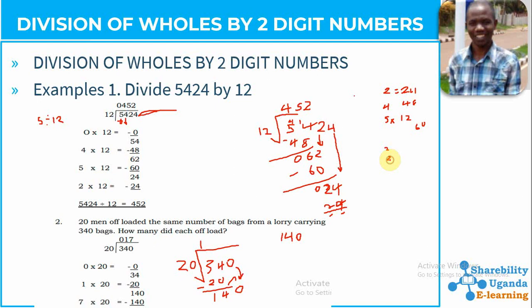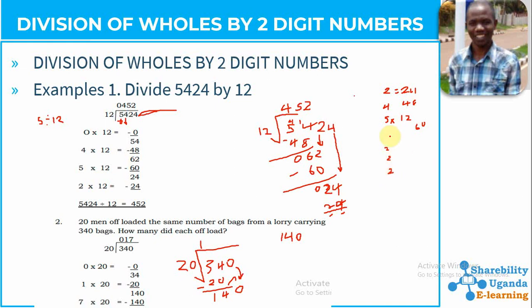If we also bring another 2, that is 80. Okay, if we also bring another 2, that is 120. Okay, then if we also bring another one,